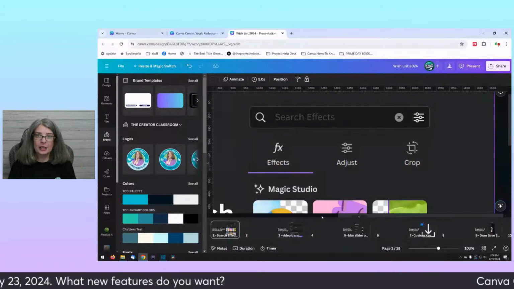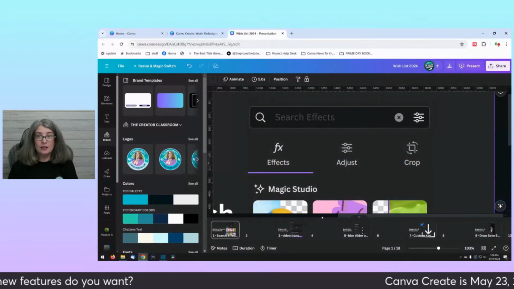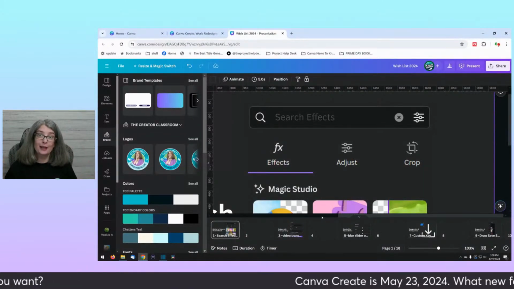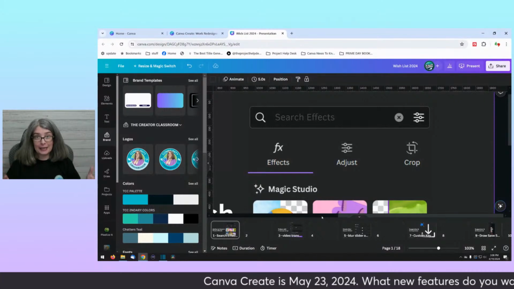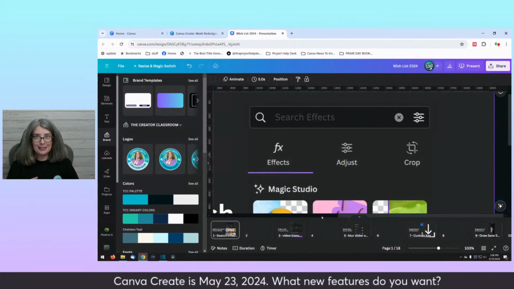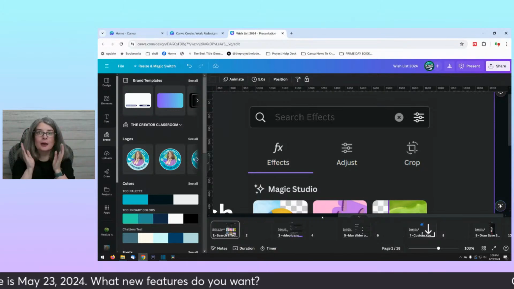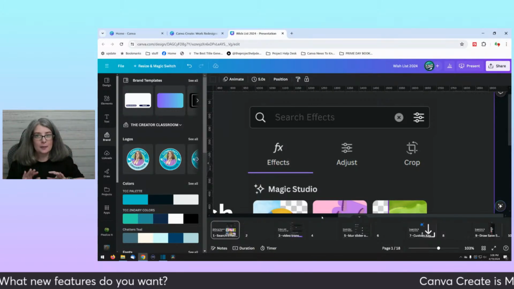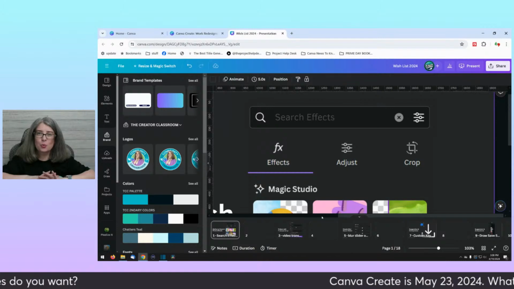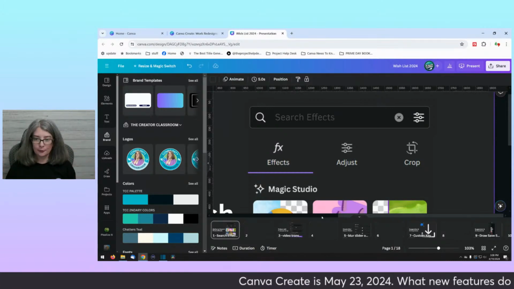So I feel confident in sharing my wish list and confident that I'm not spoiling any fun. If anything that I mention happens to come out, it was a pure guess and a pure wish on my part, and not something that I knew ahead of time. I just want to make that perfectly clear.